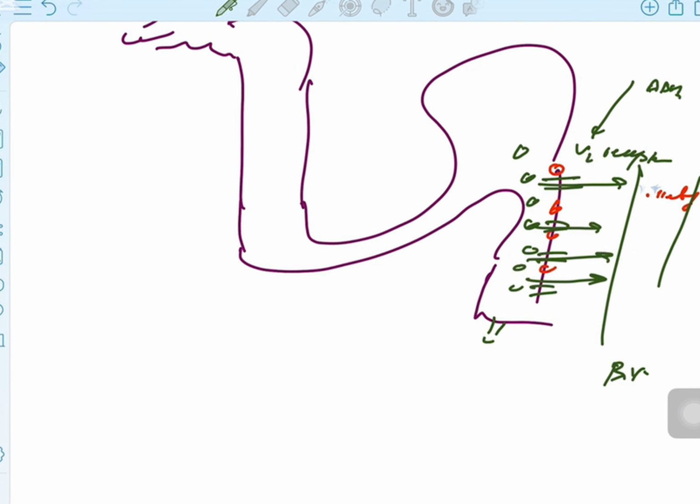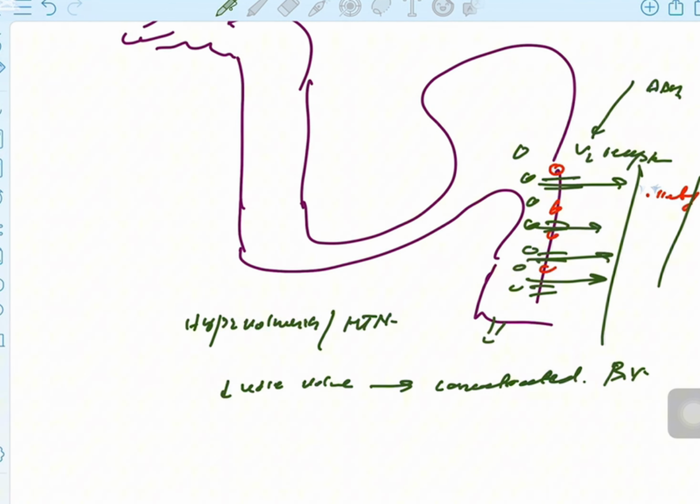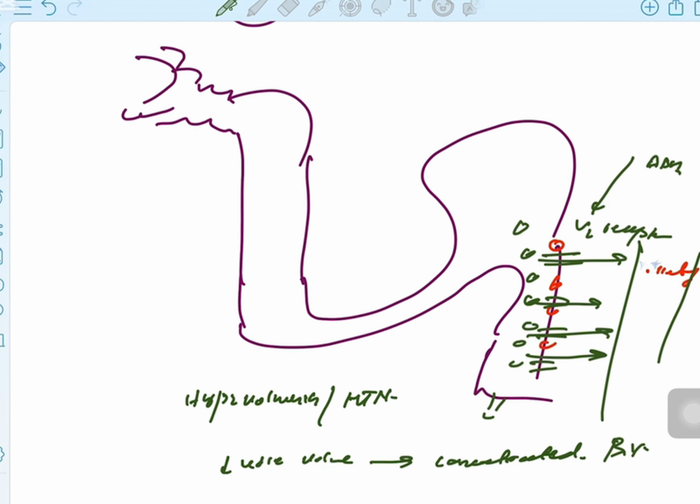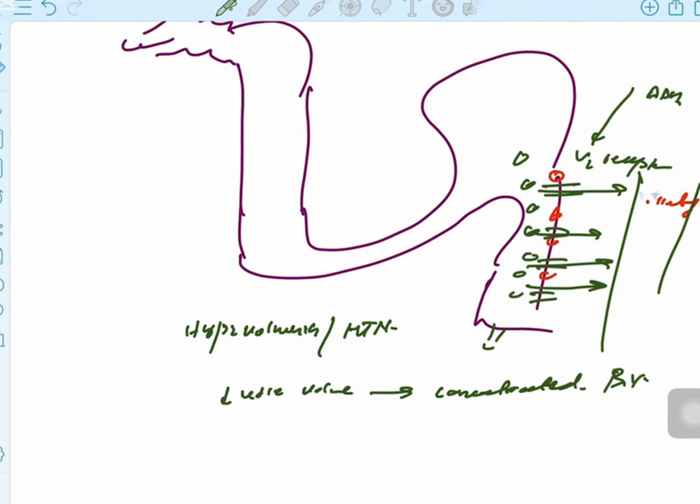Then where is the fluid going? It is going into the blood. When the fluid goes into the blood, it can lead to hypervolemia. It can lead to hypertension, and it basically causes low urine volume. When the urine volume decreases, it can cause concentrated urine. So I hope everyone who's listening to me understands that antidiuretic hormone basically acts on the V2 receptors on